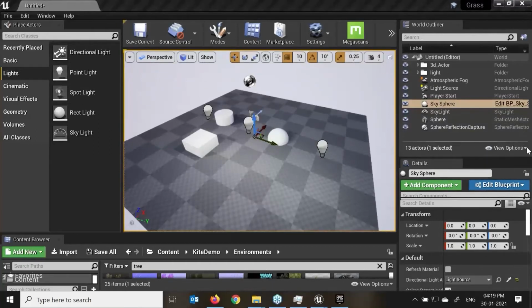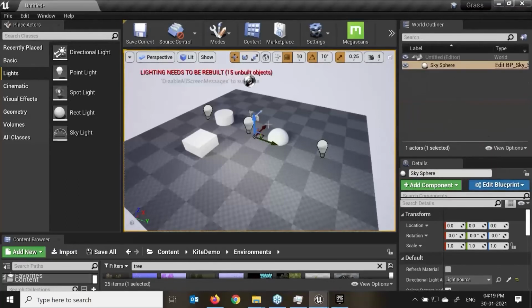Let's try to scale it down. Just one second, let me move that over here. Okay, just below that we have the different view options. Only selected, like which object I've selected, just show me that.